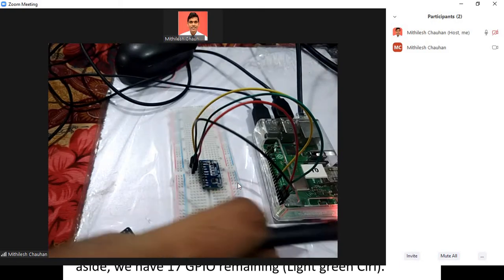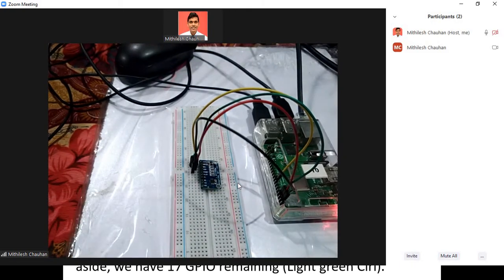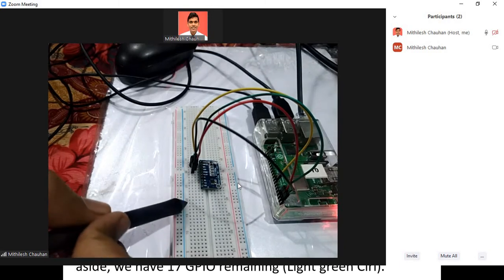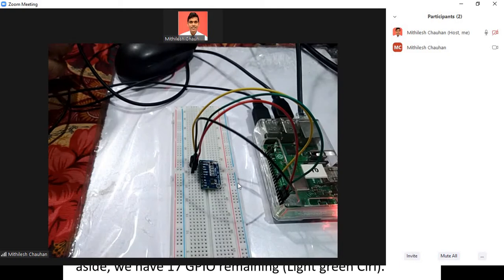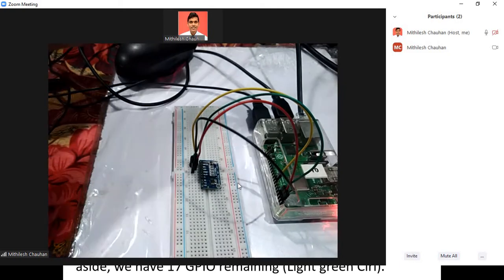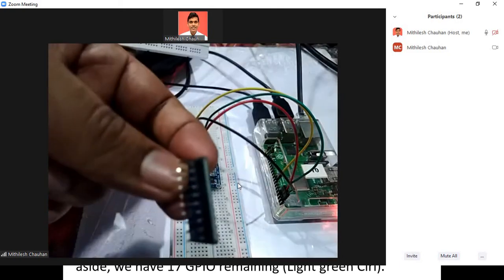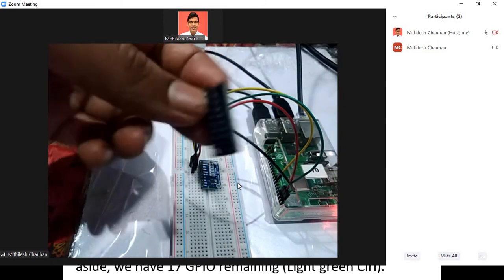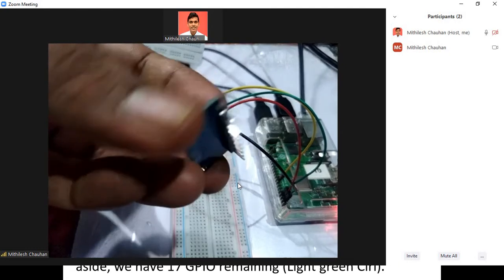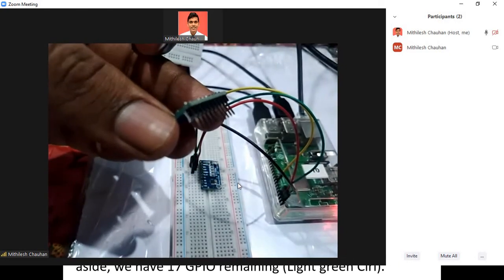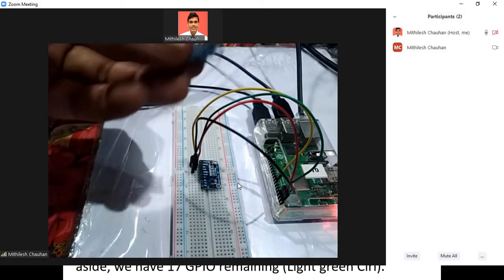For making the connection, I have used a breadboard, and I have placed this component like on one side of the component there are some pins. So let me show you the other view. These are the pins that are attached to the other end of the module, and this is the front side of the module.